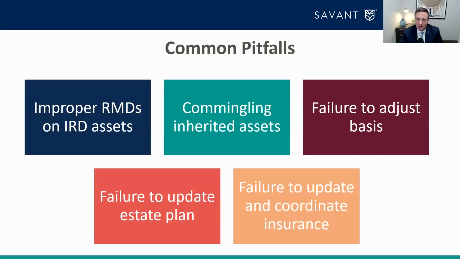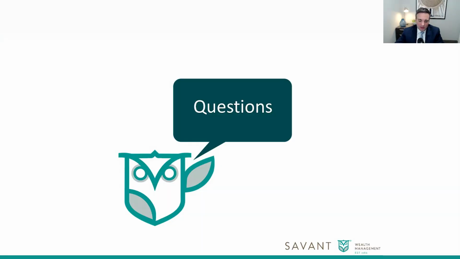And then the last topic is, it's always a good idea to review your underlying insurance coverages and make sure that you have proper property and casualty and umbrella type coverage to protect the assets that you've earned and inherited to the greatest extent possible. And let's cover, Mike, a few